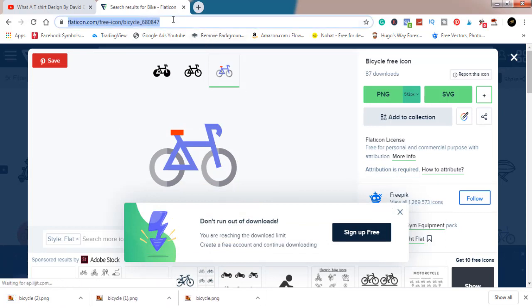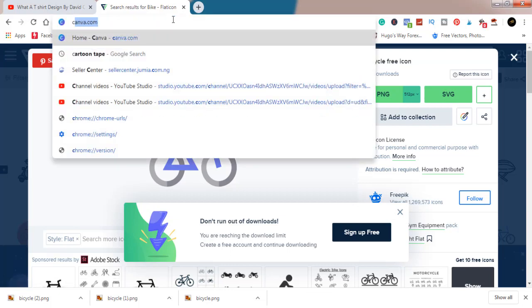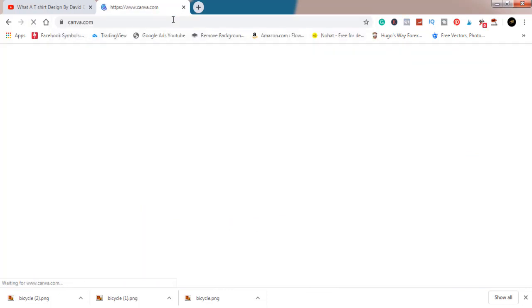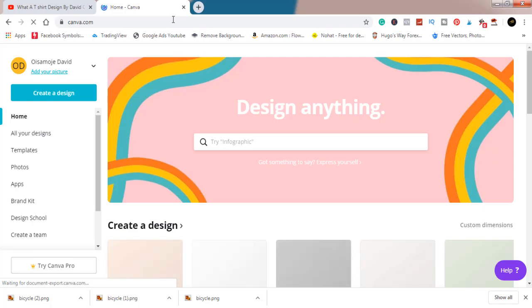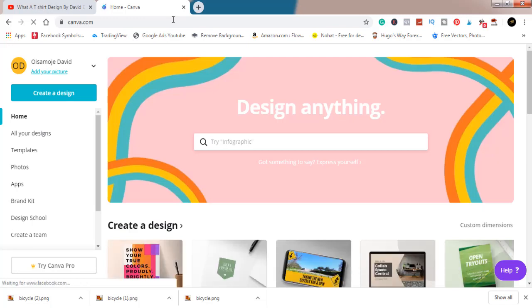So for the second stage, we're just going to open canva.com. I'm going to be using canva.com for this design. It's going to be a super easy design, nothing complicated, for bikers. For people who love to bike, who love cycling, they will love to get this t-shirt design. It's not a complicated t-shirt design to do.